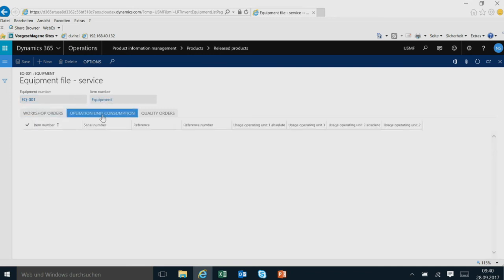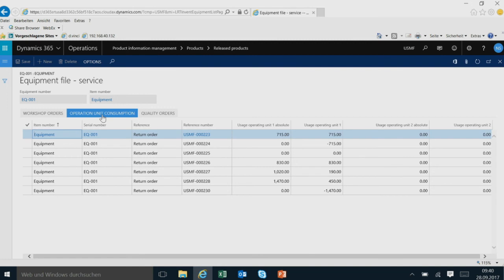We have the information of the operation unit consumption. If it's done simply daily, then you would see the daily consumption. If you do it manually, like in this case, then you simply see in which process step it was tracked and who actually documented the utilization of the system. And those can be the numbers that are always also invoiced to the customer, if you use operation unit-based invoicing.